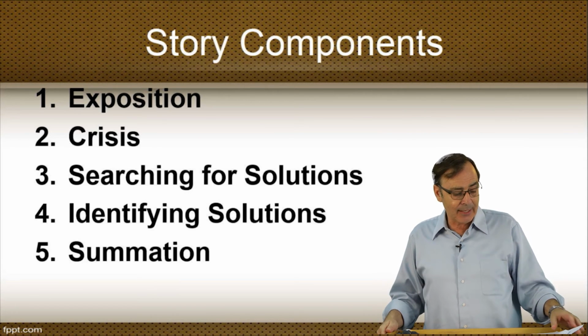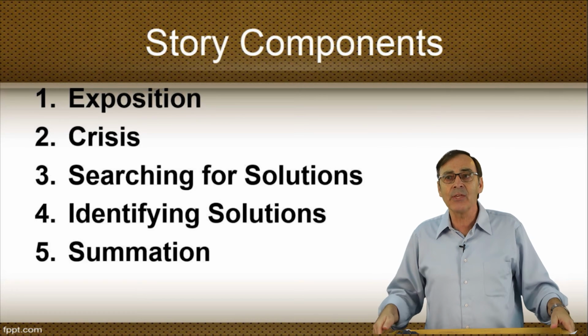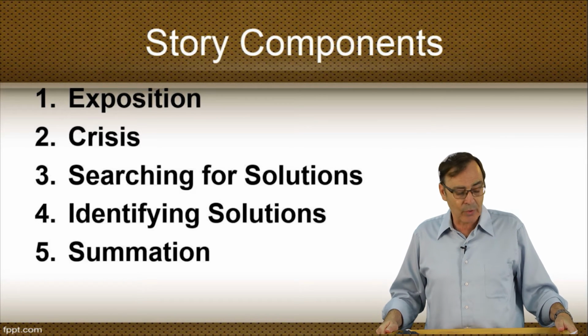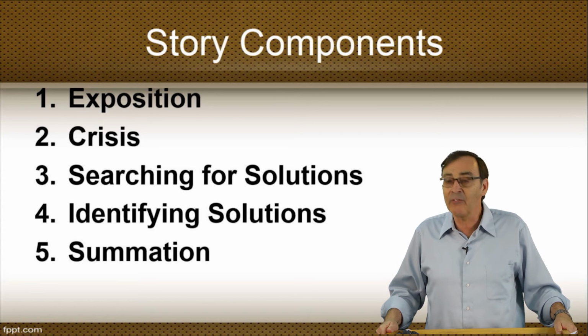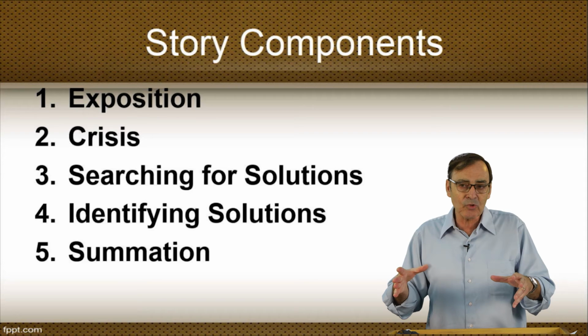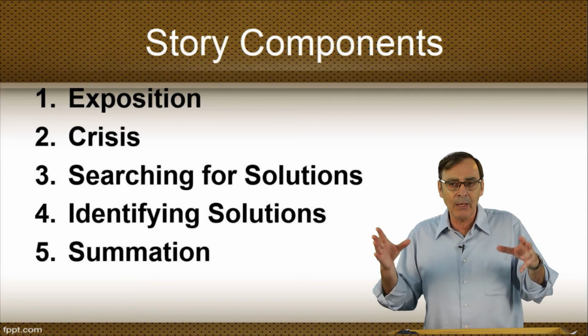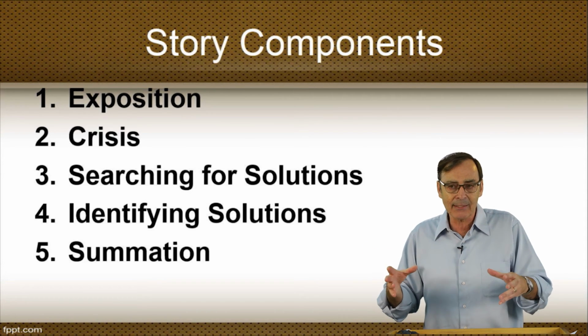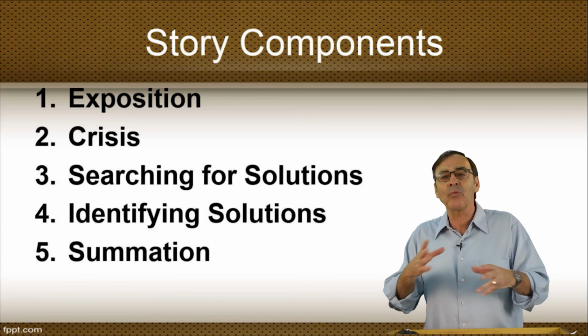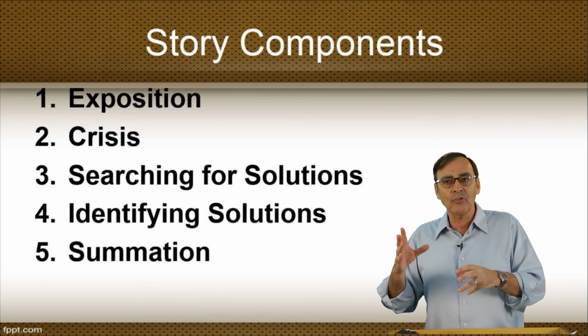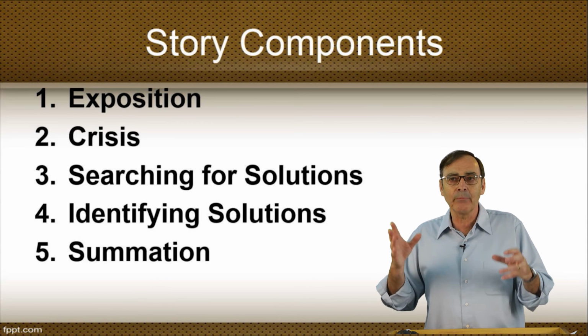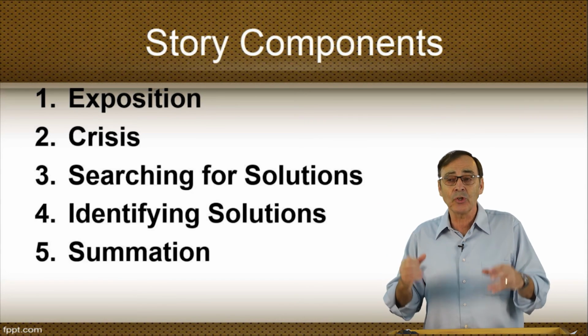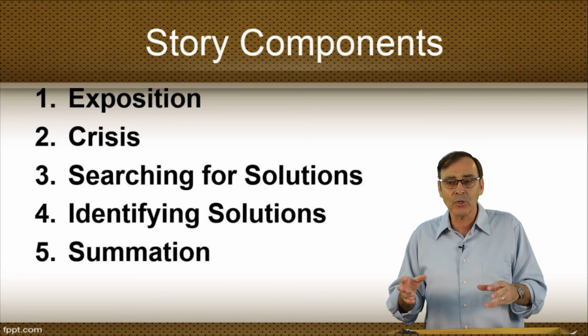What I'd like to suggest is to take this model of these five story components and to invite you to examine the following chapter from the first book of Samuel, chapter 17. It's a long chapter, but enormously rich in meaning and understanding and ideas. Take that chapter and try to divide it into these five story components: exposition, crisis, searching for solutions, identifying solutions,